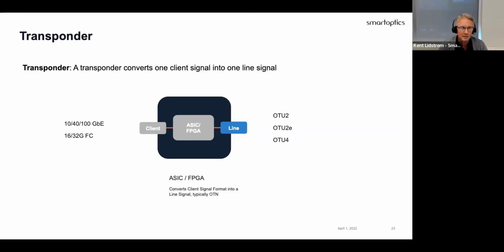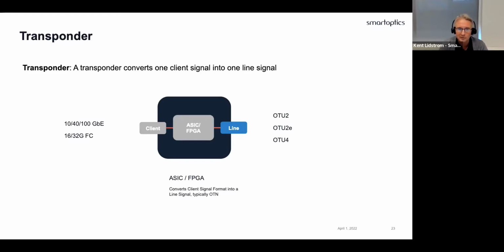It's typically an OTN framing. There are other flavors as well, but it's a very common way of adding capability onto the line side. And it will also, of course, convert it into DWDM wavelengths typically. And then, of course, you can get significantly improved performance by having the forward error correction.